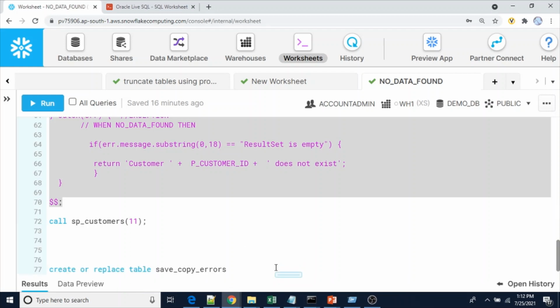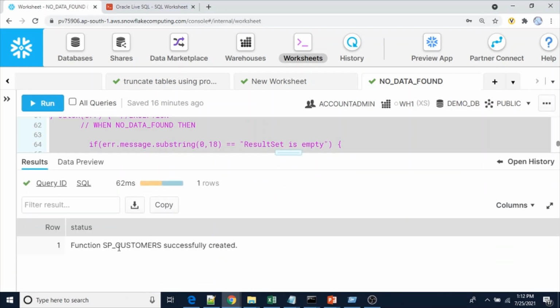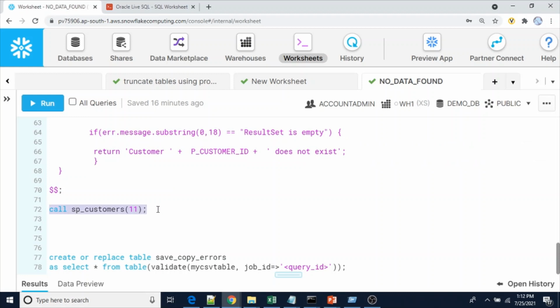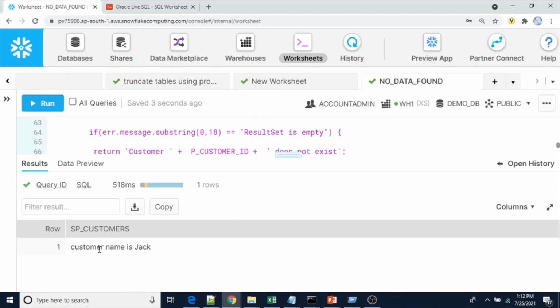I will provide this in the description also. The function SP_CUSTOMERS is successfully created. Now let me call it with the same values which I used the first time. I will call the procedure with customer number 1, and the customer name is Jack.